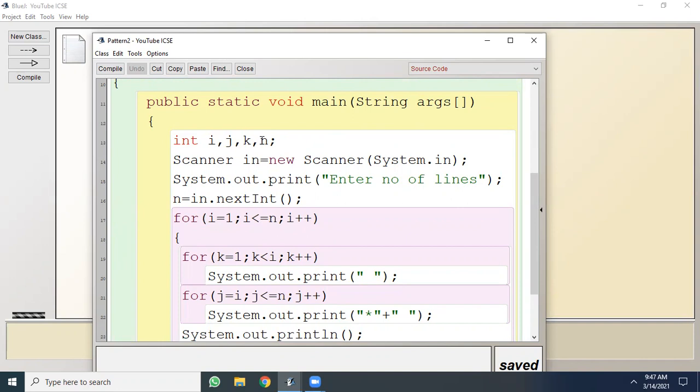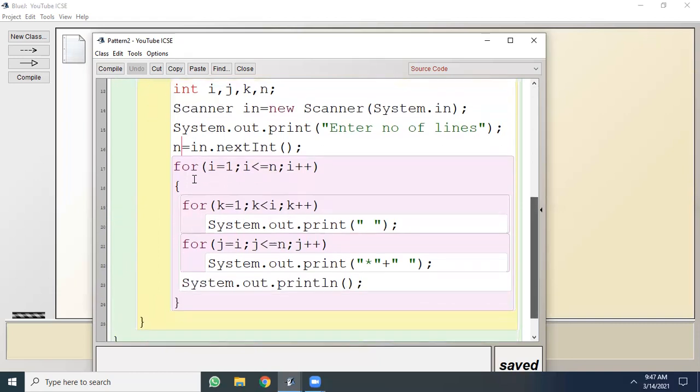So first, we are creating an object in of the scanner class. And then we are requesting the user to enter number of lines. Now the number of lines entered by the user has to be gathered from the console and placed in some variable. For this, we are using this line. N is equal to in.nextInt. In is an object of scanner class, and using that we are invoking the function nextInt, which is able to take the input from the console in integer form and then stores it in N. That means number of lines which the user has given is stored in variable N.